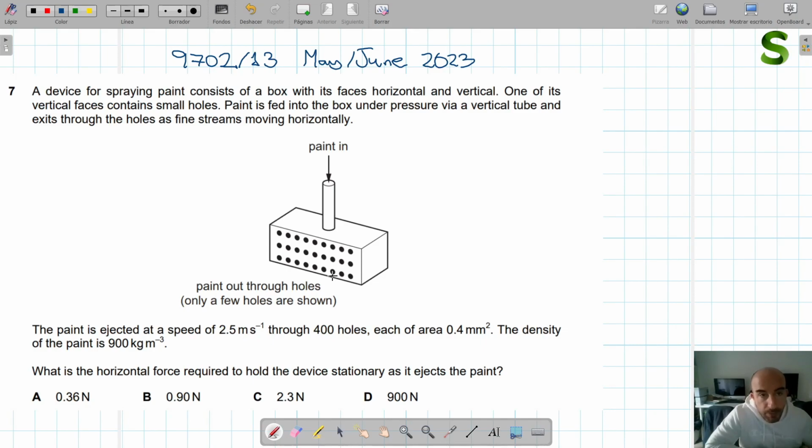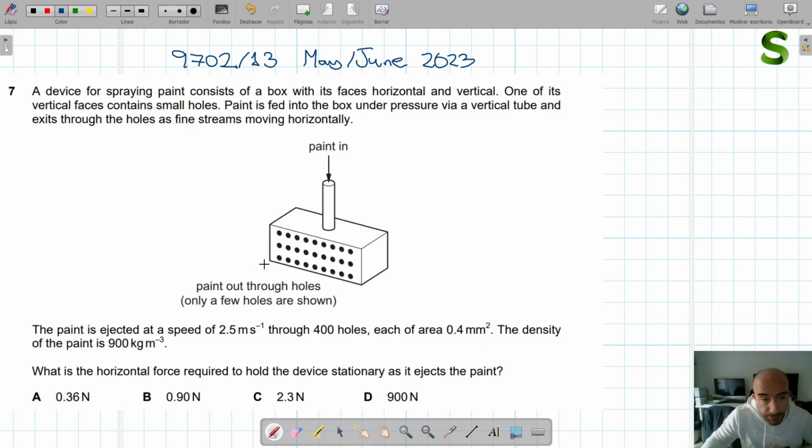Hi, today we're going to do question 7 of 9702, paper 1-3 of May-June 2023. The question says a device for spraying paint consists of a box with its faces horizontal and vertical. One of its vertical faces contains small holes. Paint is fed into the box under pressure via a vertical tube and exits through the holes as fine streams